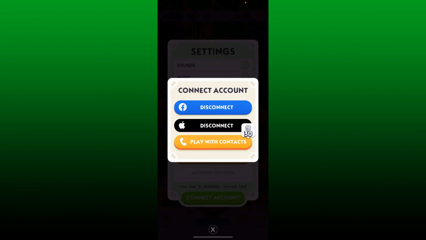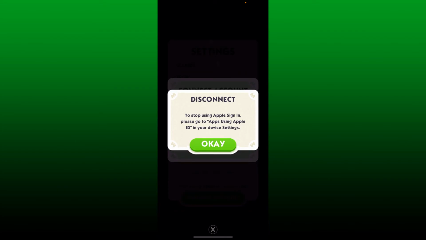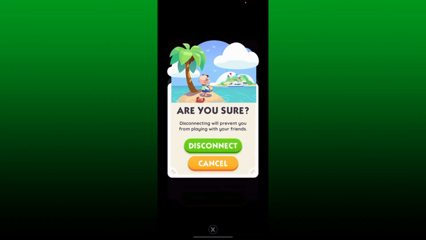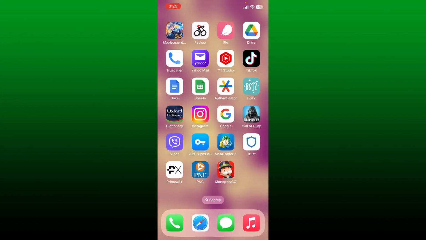To log out of Monopoly Go, simply tap the Disconnect button with the account that you've linked. To disconnect from Apple, tap on the Disconnect button where it shows the Apple logo, and then it'll tell you how you can disconnect or log out using Apple Sign-In. If you want to disconnect from your Facebook, simply tap on the Disconnect button right next to the Facebook logo and tap on Disconnect. And that is how you should be able to log out of Monopoly Go on your